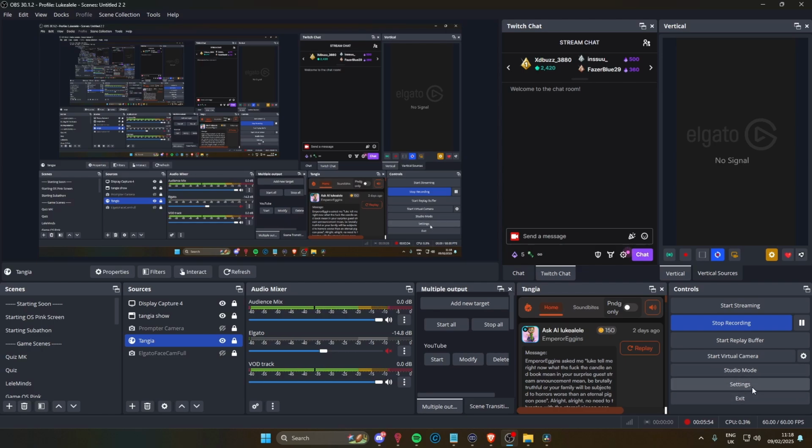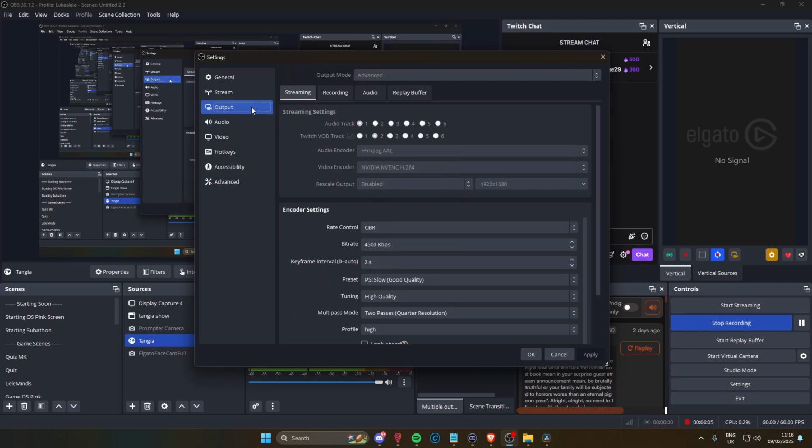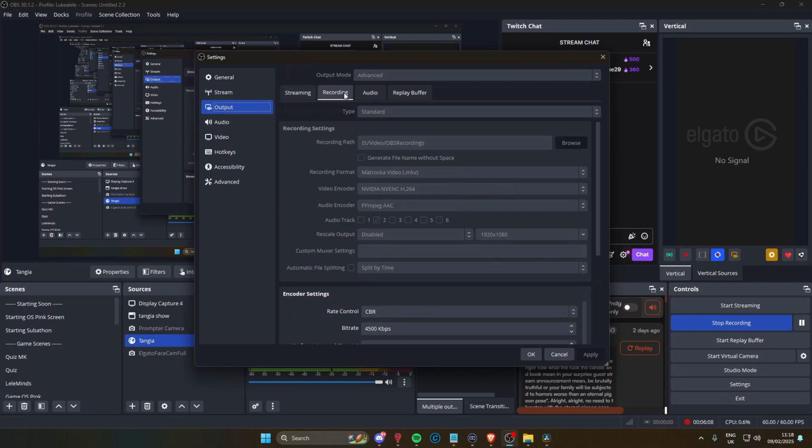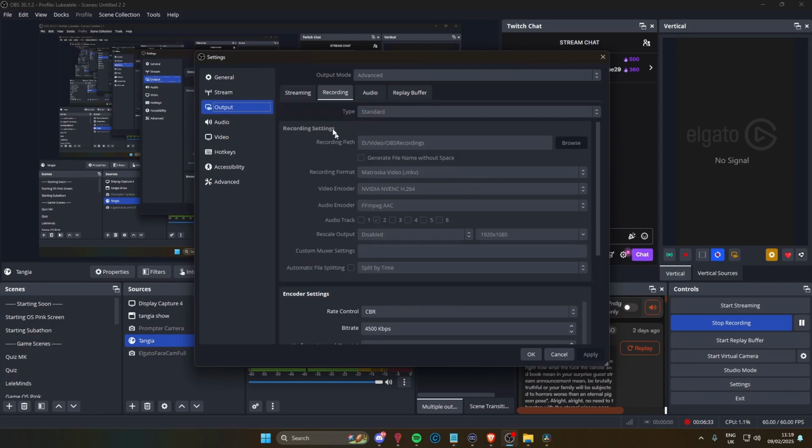So you're going to want to go to settings on your OBS. It'll bring up this screen. You're going to go to audio. Sorry, no, you're not going to go to audio. Ignore me. You're going to go to output, and you're going to go to your recording tab. Now, mine's grayed out because I'm currently recording, but as you can see here, you can assign which ones you want your tracks to go to. So in streaming, say you're streaming live and you want your VOD track to only pick up your voice and the gameplay, etc., then you apply them to the right tracks that you want, and click 2 for me, my preference, and then in recording also hit 2, and then